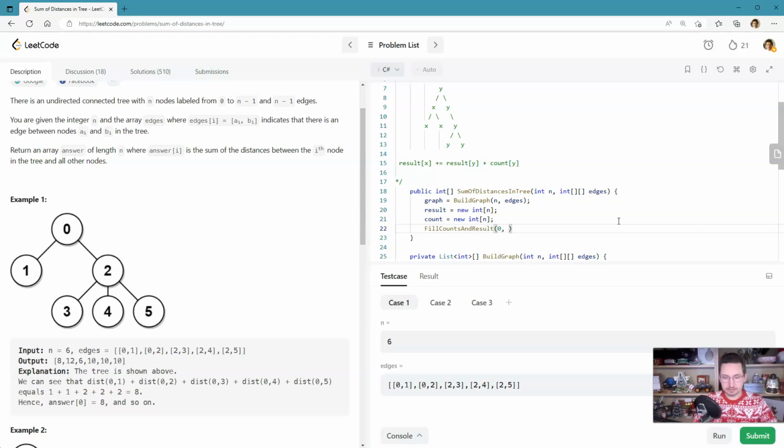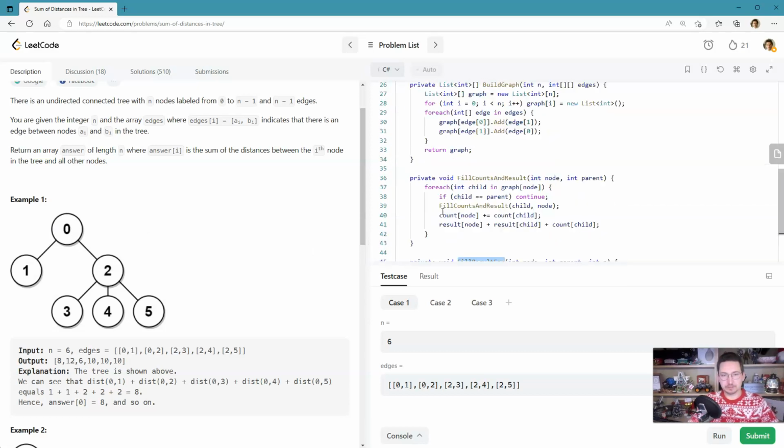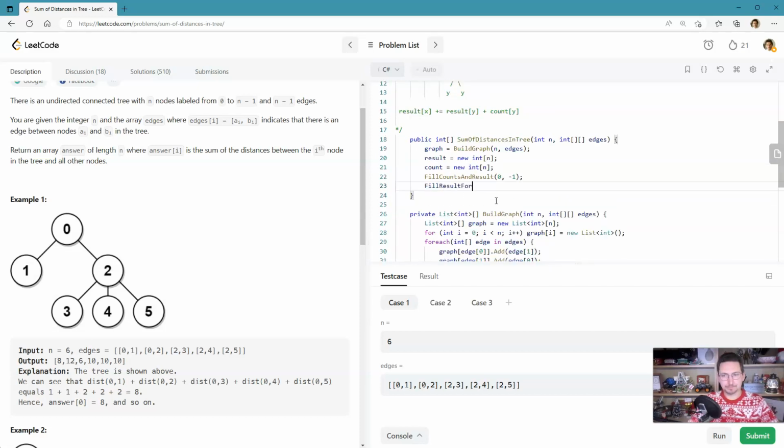We will send a number which does not exist in our array, which is -1, for example. We can use any negative value here. Then when we calculated the value for a root node, we need to trigger this function. And again, starting from the root node, which is 0, send parent as -1, and we also need n there. And then our result array should be ready,